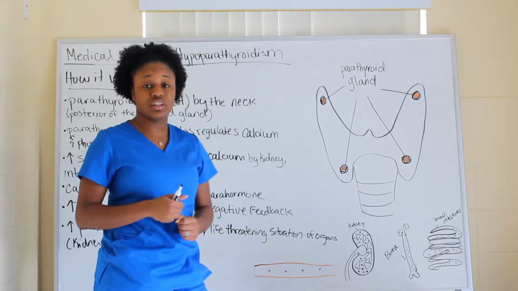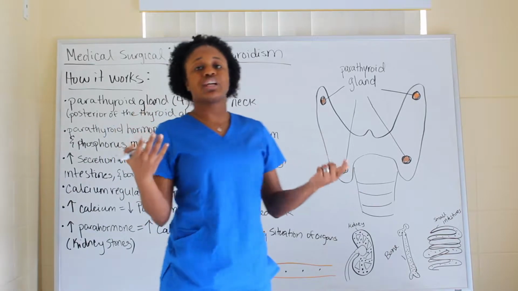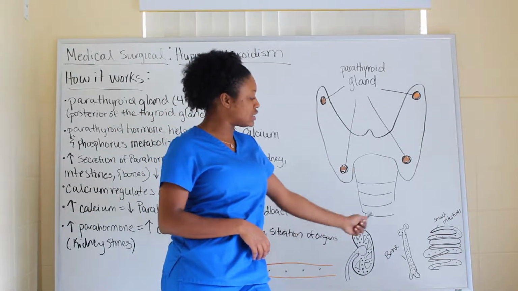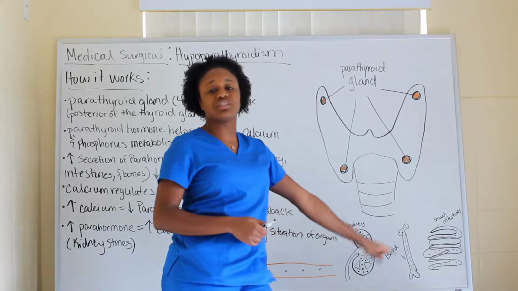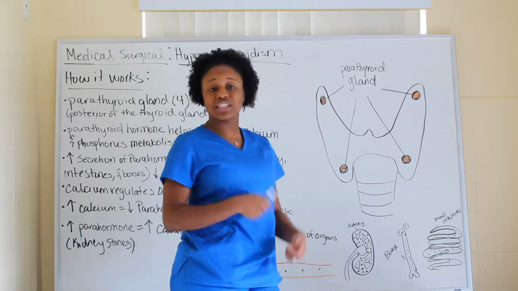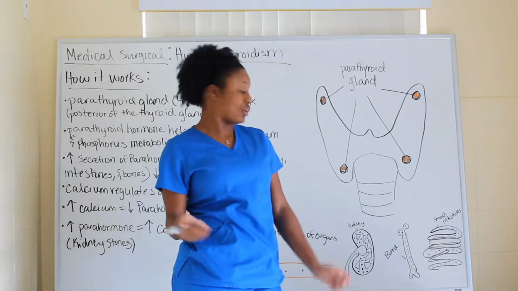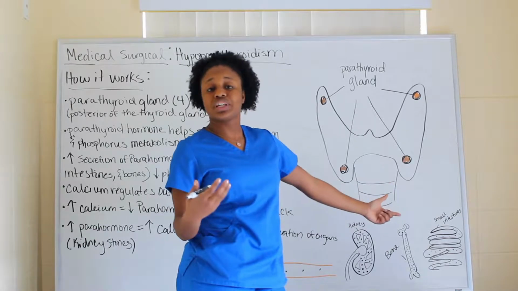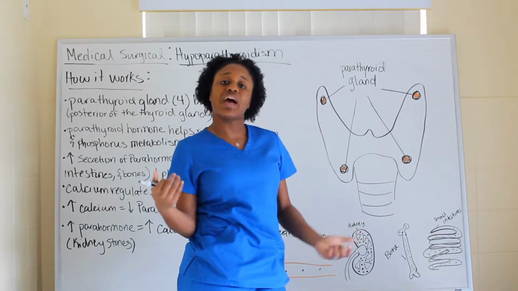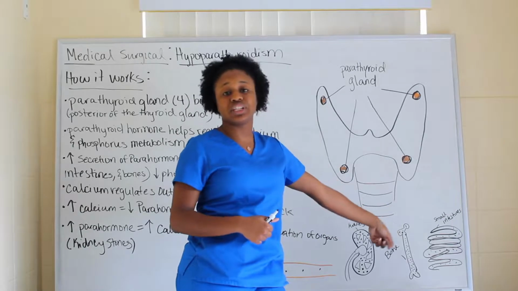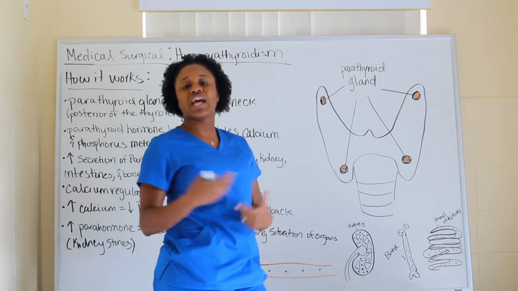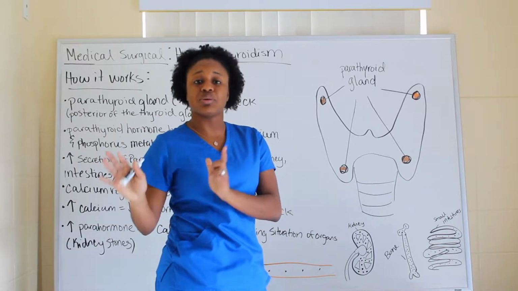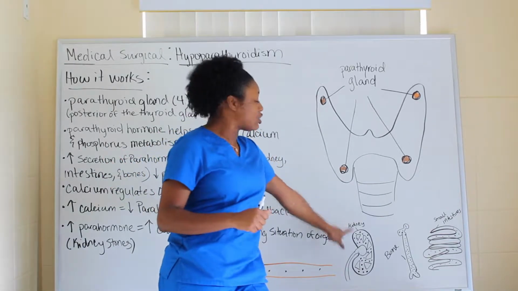So the parathyroid gland is going to secrete the parathyroid hormone, which is then going to stimulate the kidneys, the bones, and the small intestines to give up the calcium that they do have. Because when the body has extra calcium, where does it get stored? It gets stored in the bones. When you're eating, when the food breaks down, it may have some calcium within there, so that's why you'll see it in the small intestines. And as well, when your body has too much and it's like, you know what, we need to secrete some of this, create urine so that we can pass some of this calcium,